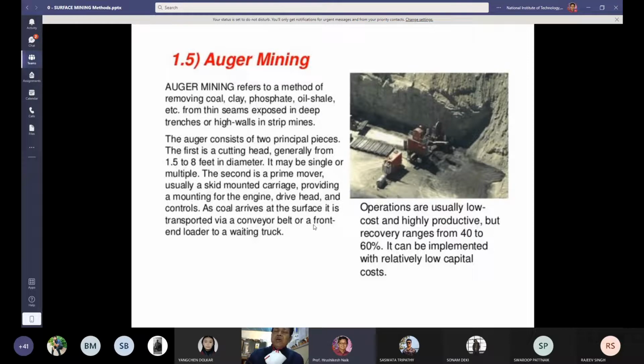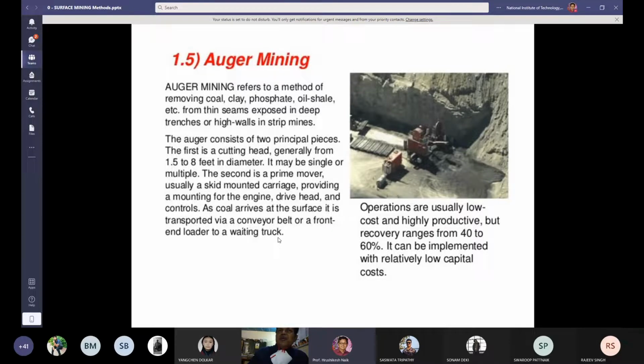So the auger rotates, for example, in a clockwise direction, and the material flows in the anti-clockwise direction. The material after cutting flows through the auger and is taken to the belt conveyor, where the material is loaded to the belt conveyor, or with the help of a front end loader you can also load it to the